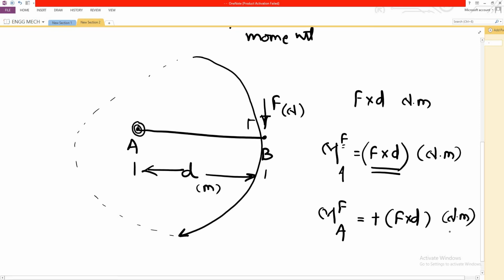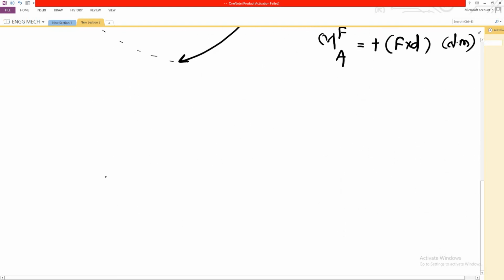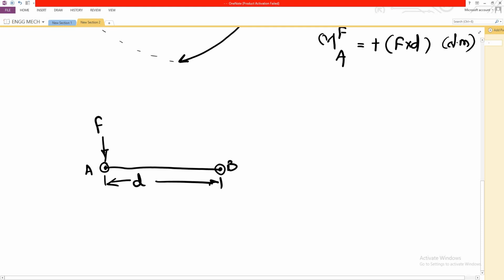Now let's take another example where this sign convention will be very much clear. Again bar AB, same example, same notation, but we will make a slight change here. Again the span is D, but the only change is that we are putting this force F on point A. Now if we are taking this moment with respect to point A, then what will be the amount of moment generated, and if we consider point B, then what will be the amount of moment generated?